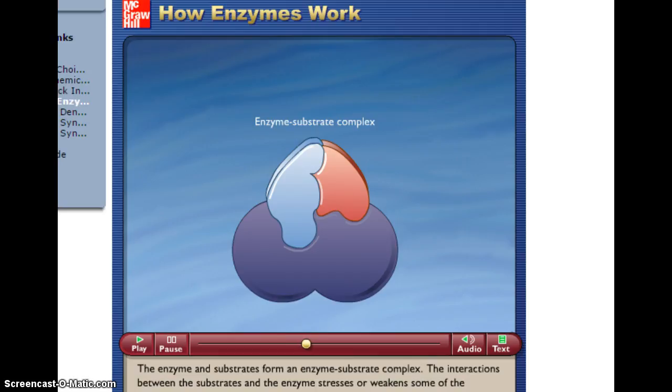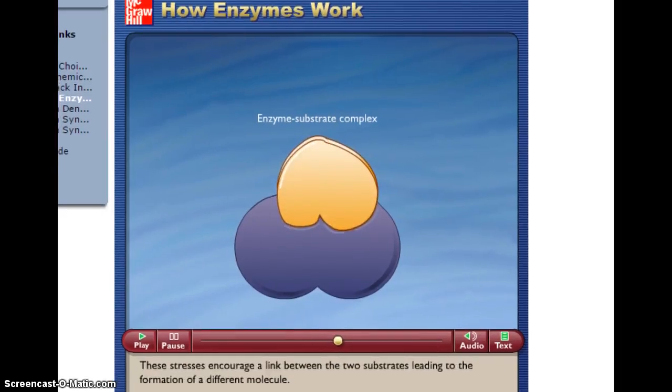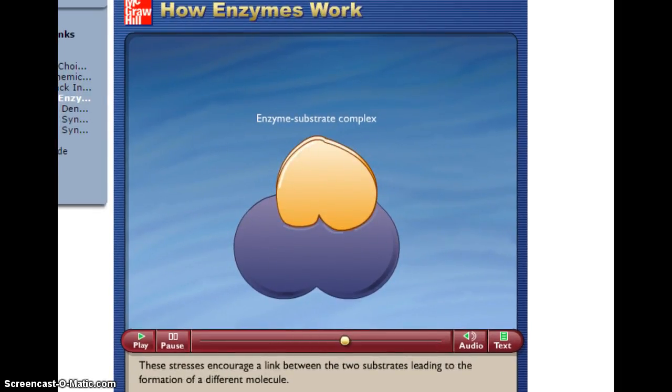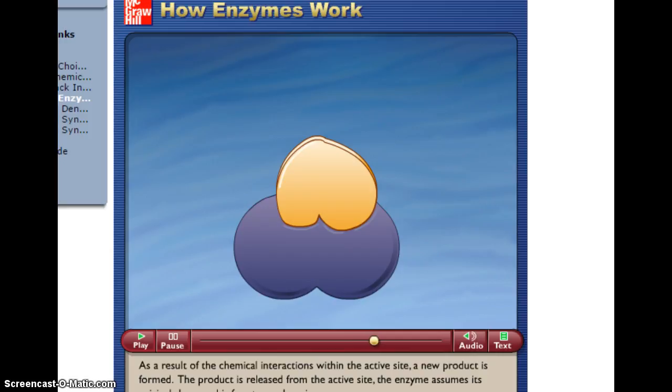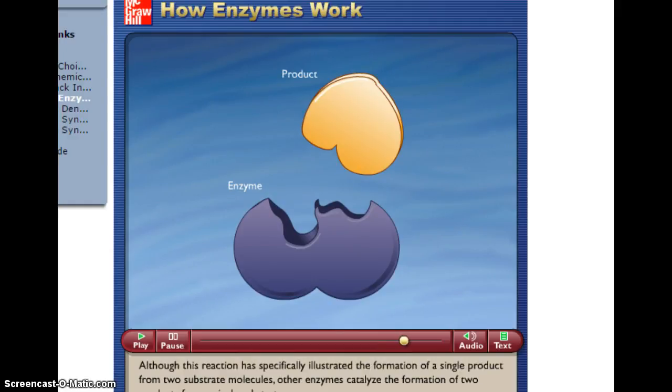And they interact to form an enzyme-substrate complex. And they form a different molecule because of the chemical reactions with the substrate complex, forming a new product, and the enzyme reforms